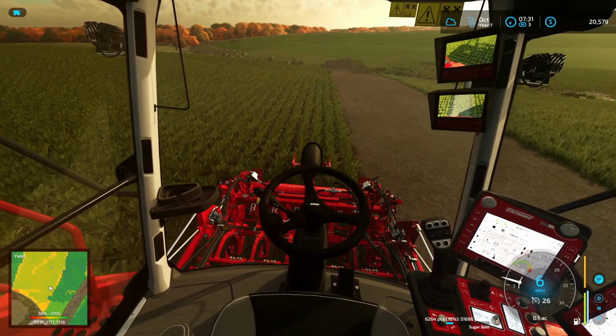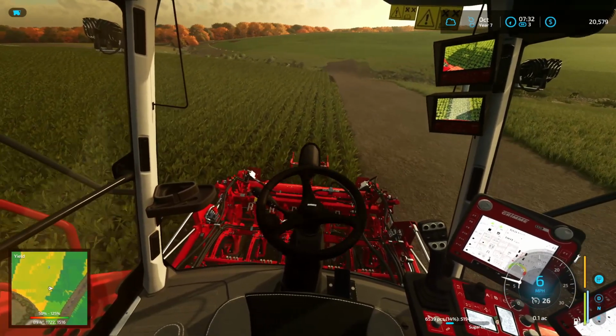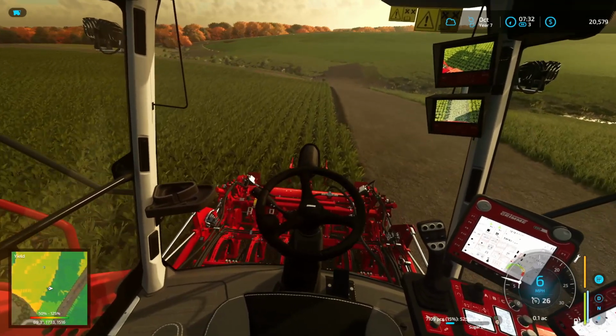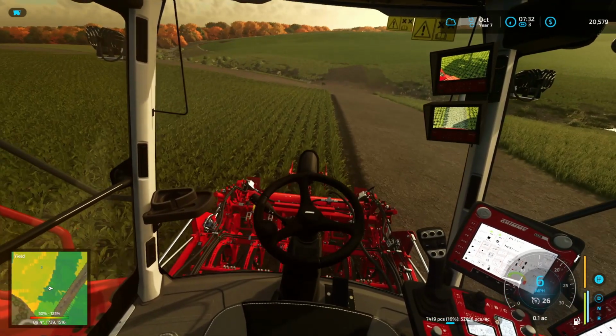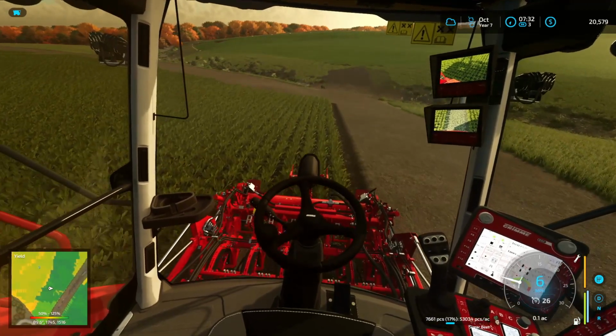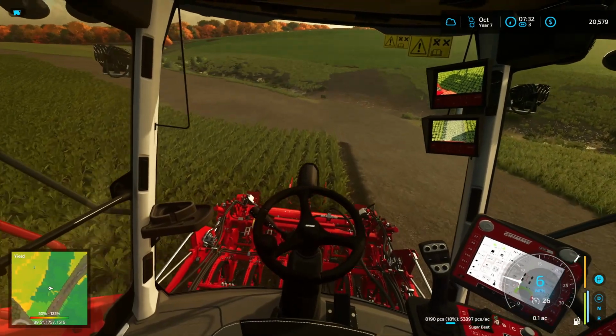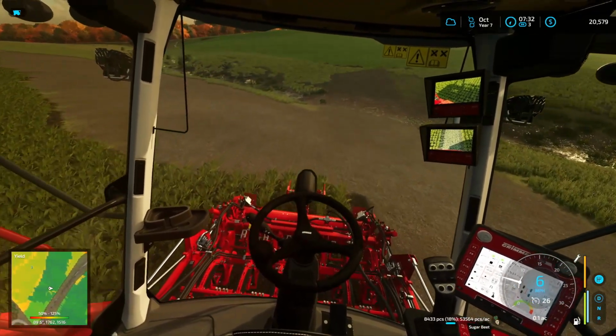I'm able to go through the field a few more times than I originally thought, I guess. Here we're going to end up about 15 to 20% full, but this is the shortest of the rows. They're only going to continue to get longer. And then after we're done with this,